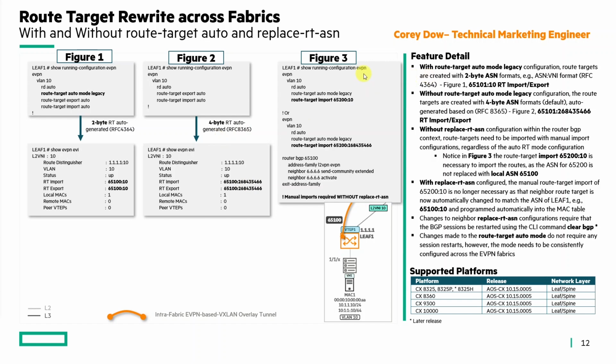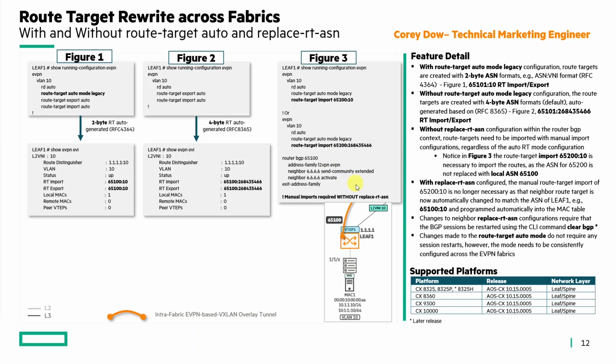And then in figure 3, we're kind of just showing you the pre-10.15 behavior. Depending on the route targets that had been created, you'd need to have a manual import for the ASN based on either the 2-byte or the 4-byte format, and this is just showing an example of that. So either the 65200:10 or the 4-byte format that you see here. And so these are still required